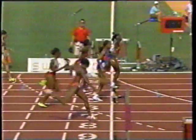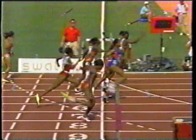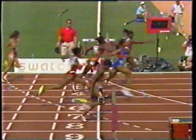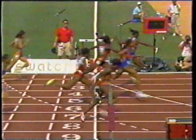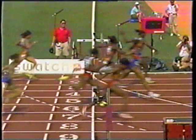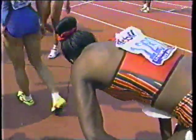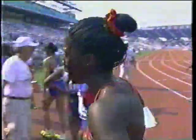Obviously, she knows how to lean from that event. And this is why the photo timing equipment exists. I don't know. We might have just seen Gwen Torrance's big Olympic dream. This is amazing because it looked like Ingram Miller might have edged Gwen Torrance for the third and final